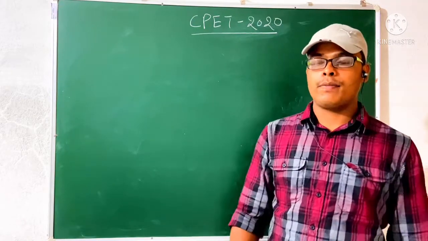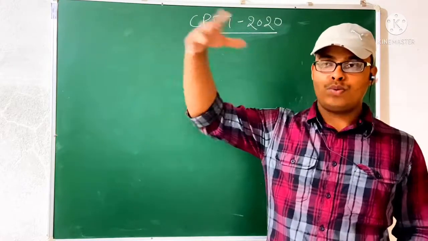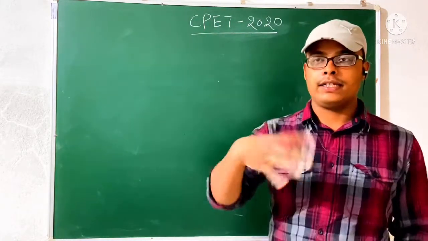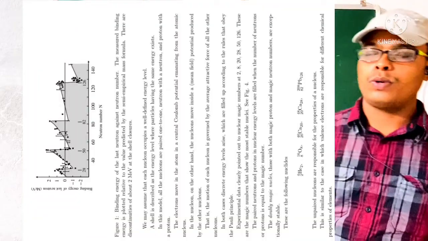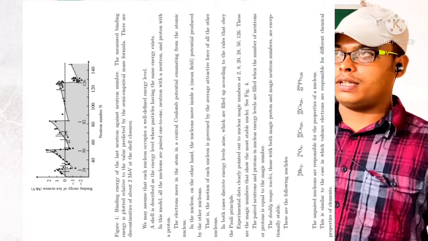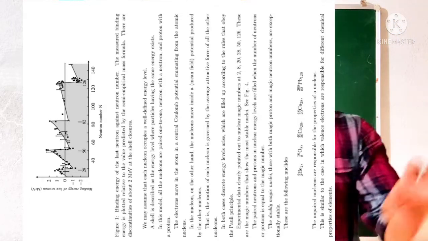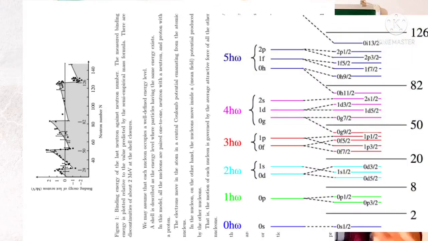It is asking about the Bohr transformation, that means Bohr transition from one state to another state. It is given, and it is told about the most important thing, the magic numbers. So there are magic numbers 2, 8, 20, then again 52, I think. So you try to remember this thing. I have given a little bit about the shell model in the LCD screen, that means in our